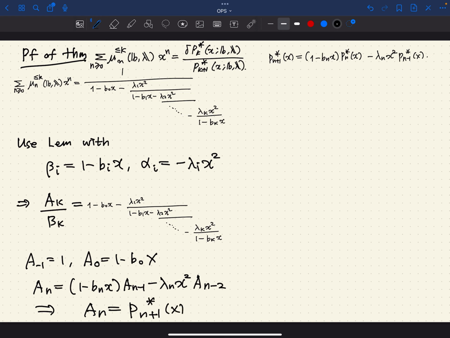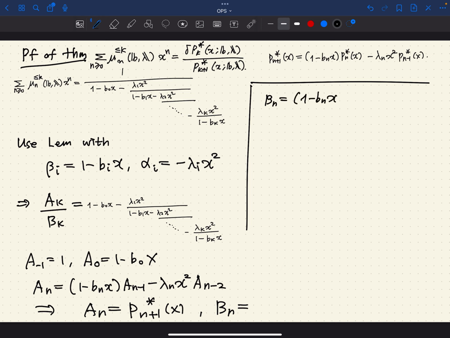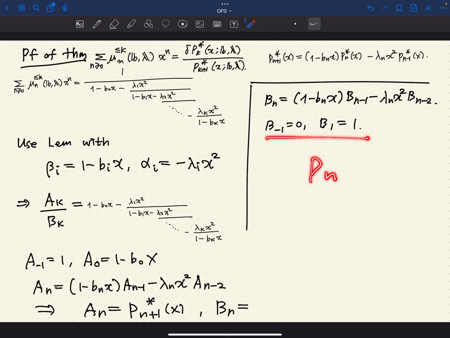x, let's say. And same way, Bn, if you compute this, maybe I can just write that down. Bn satisfies this. Bn equals 1 minus Bn x, Bn minus 1 minus lambda n. Same recurrence, but only the initial conditions are different. So B minus 1 equals 0, B1 equals 1. So this looks like a Pn, but